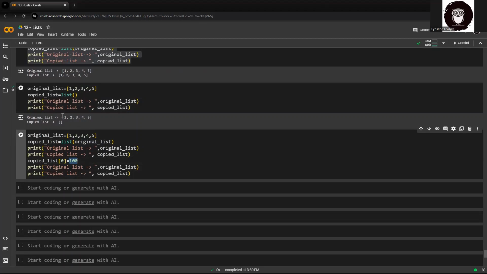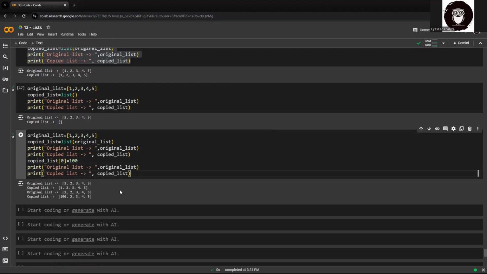So in the copied list, I'm changing the 0th item. Let's see whether when you're creating a copy through the list function, it creates a shallow copy or a deep copy. Yeah. You can find that the original list is not getting modified, even if you modified the